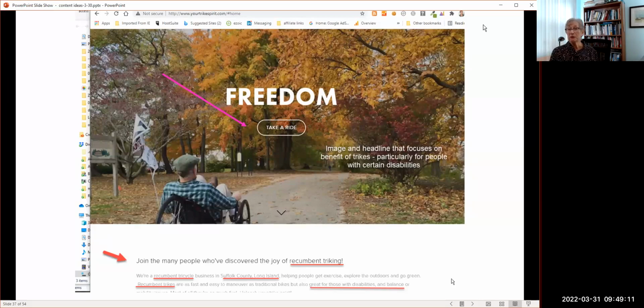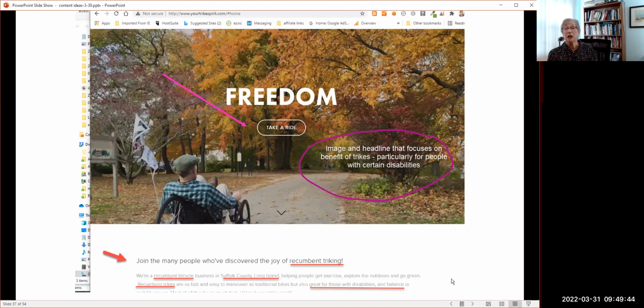And if you look at his website, it does just such a terrific job of capturing the emotion of what it's like to own the product and to use it. So he's got this picture of him riding down a path, I think it might be Belmont Lake State Park, but I'm not sure where it is, on a beautiful sunny day. And then he's got this one word in the middle, freedom, which is exactly the emotion and the experience of riding that.